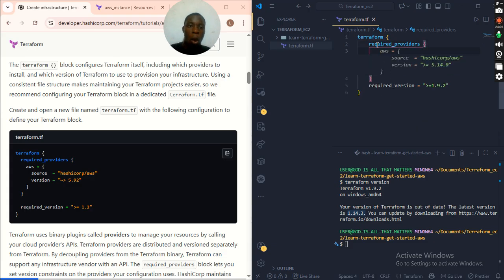So the required providers in this context, AWS. But we want to use AWS provider because we are trying to provision infrastructure on AWS platform. If you are provisioning infrastructure on GCP, you use the Google provider, Azure, however the case may be, right? So in this case, it's AWS. That's why we are doing this. So we say AWS